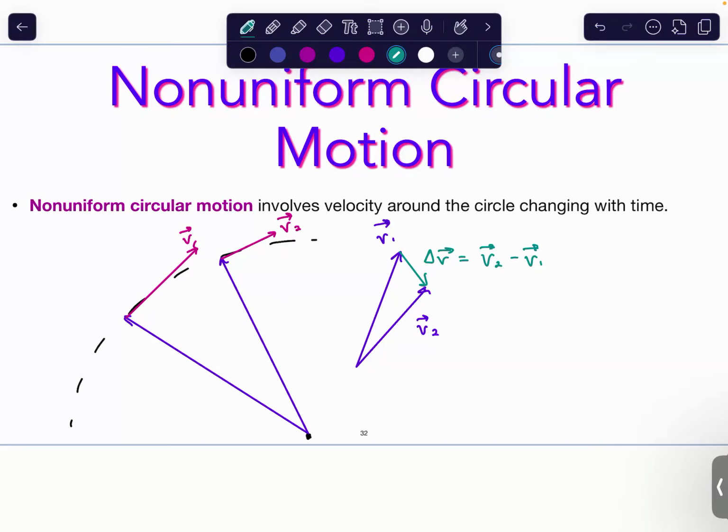What also points in the direction of delta V? Total acceleration points in the same direction as delta V. So now imagine, that means you're going to have, just do it over there. If we take that and go back around the circle,